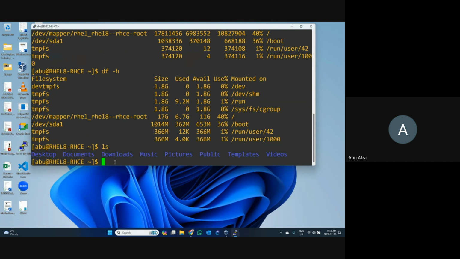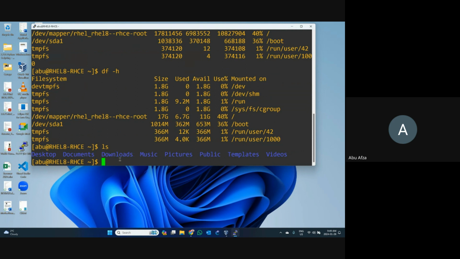I'm in the home directory. I write down ls. So under the home directory, I can see these folders or directories are available. This is showing the list. List here does not mean list-wise. This is showing how many folders and how many files are in your directory. That will be shown.